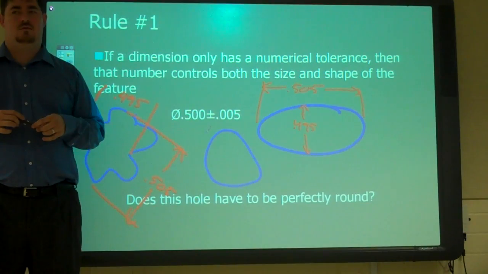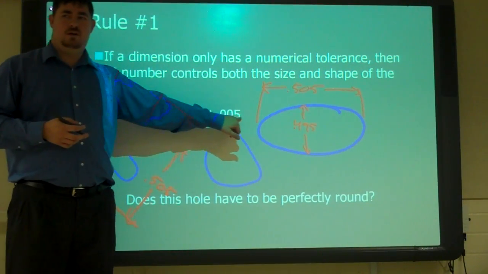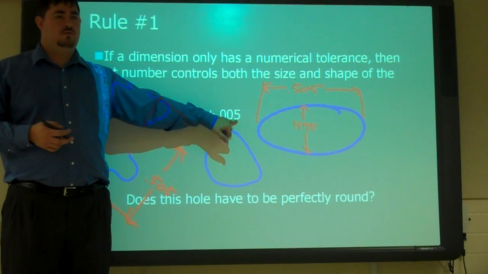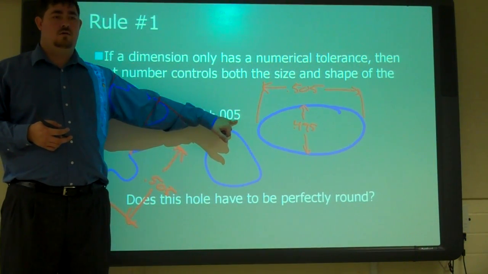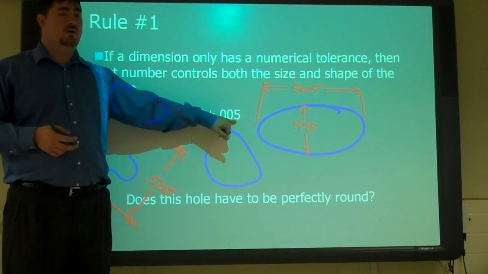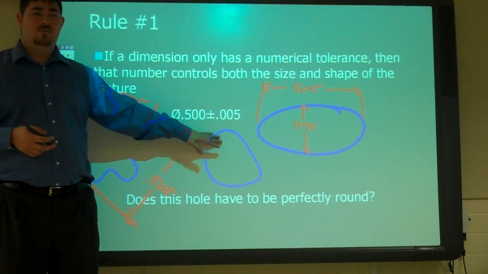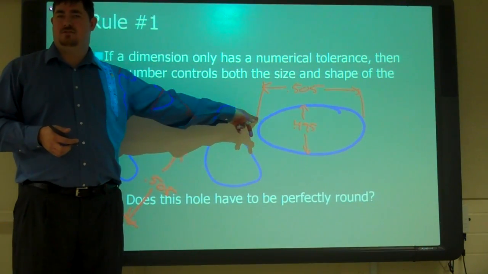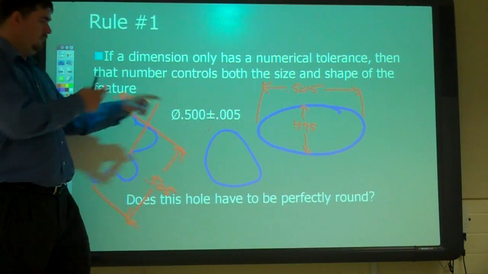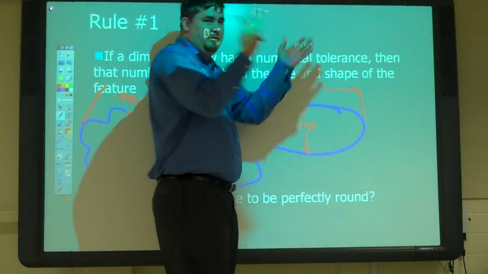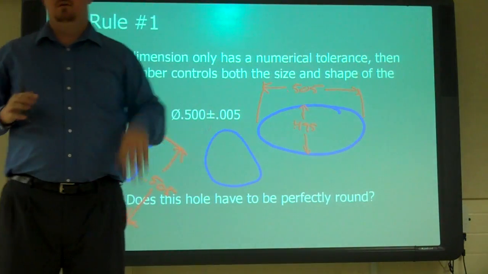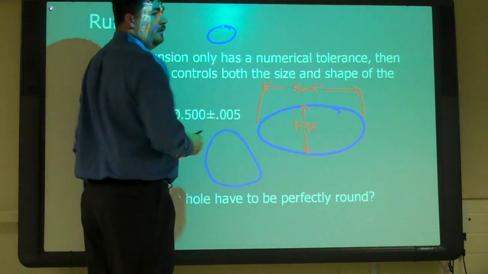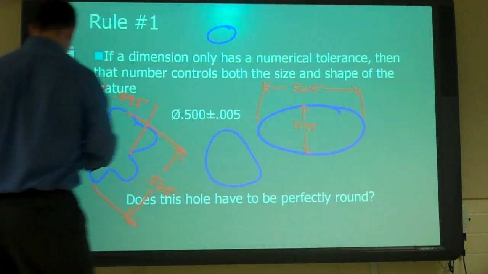You'd have to give it a tight radius, right? If we're doing it with just a regular tolerance, without GD&T, we'd have to make this real tight, like to the 10,000th. That way it could still be an oval, but the oval would have to be a lot closer to the circle. But with GD&T, we could just tell it circularity within,